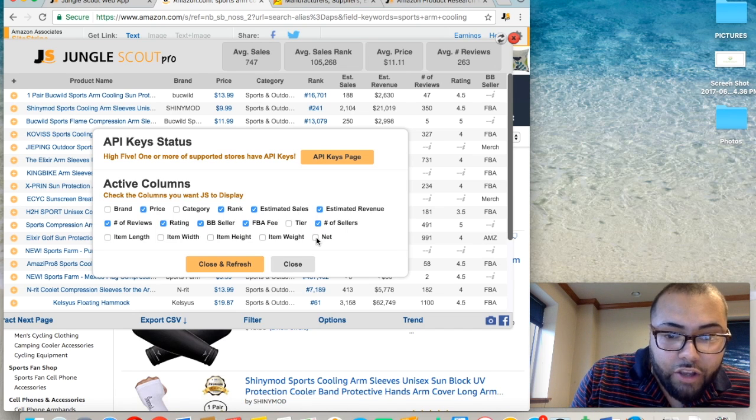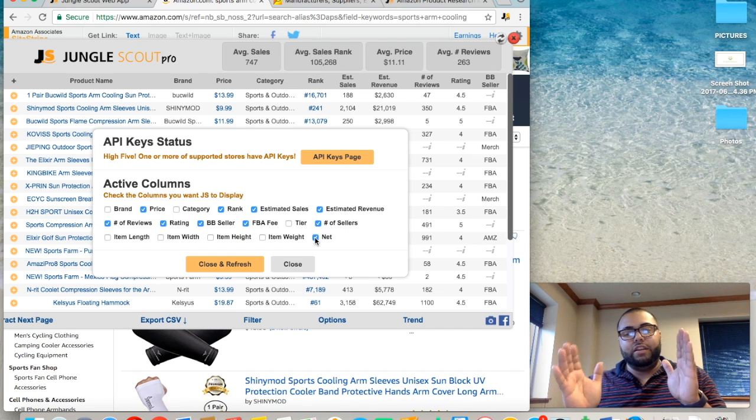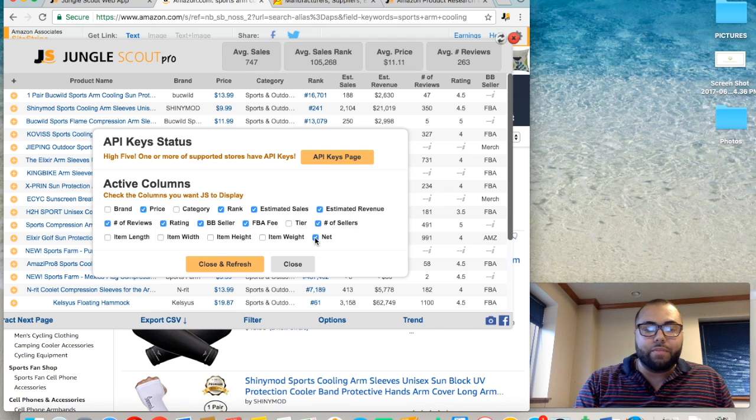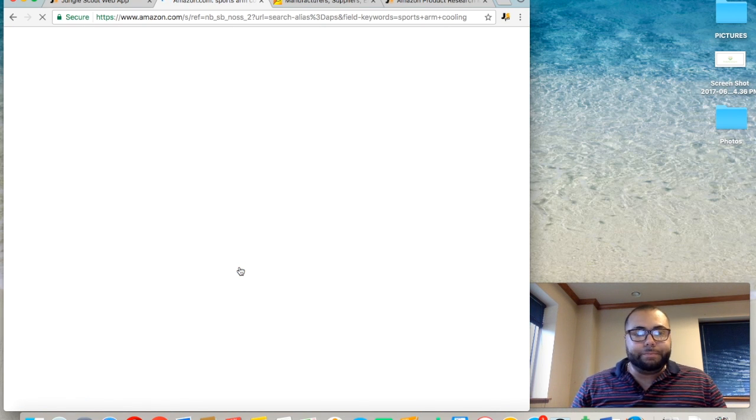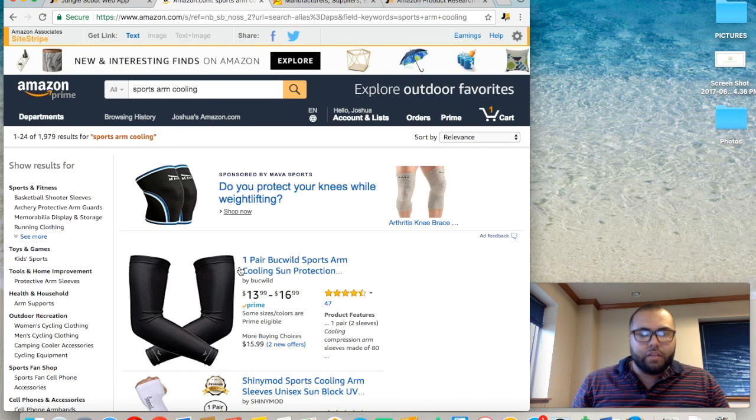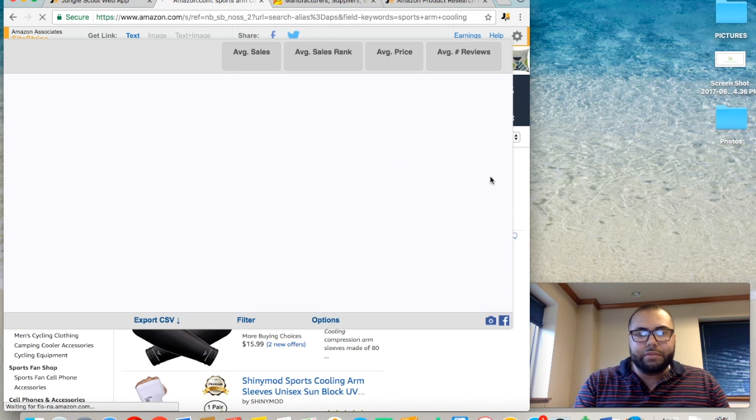Okay, you can even plug in net. Now these are estimated API metrics, so it's not going to be exact, but it'll give you a ballpark of where you're going to be at. So go ahead and click close and refresh, and it will pop back up. Okay, once it pops back up,